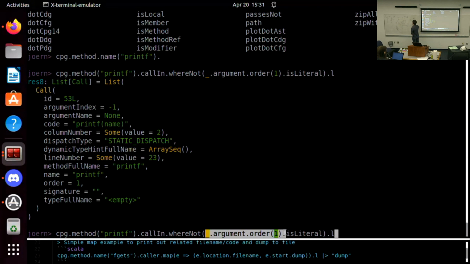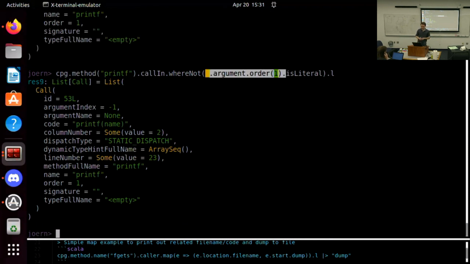Remember, our format string bugs basically have a printf, for example, and then the first argument was some variable. This is what's potentially risky. What you want is for it to be a string literal, for example. So all this query does is look for all printf calls where the first argument is not a string literal. We can run this, and it's going to tell us that inside of the code,